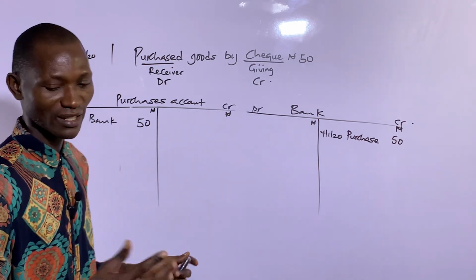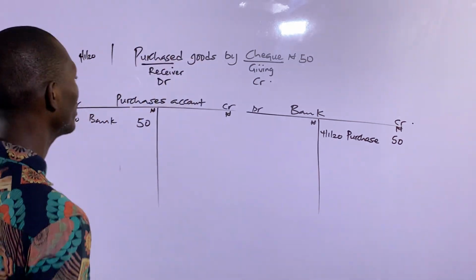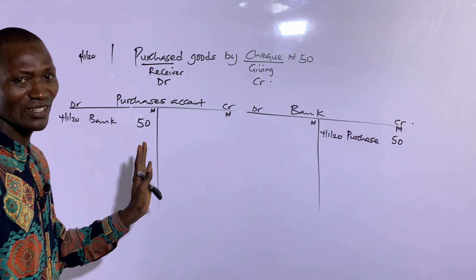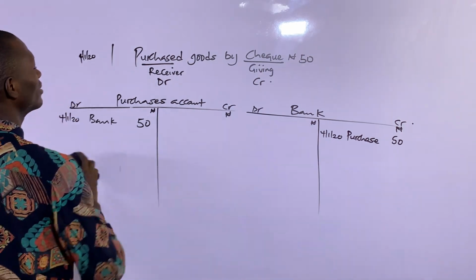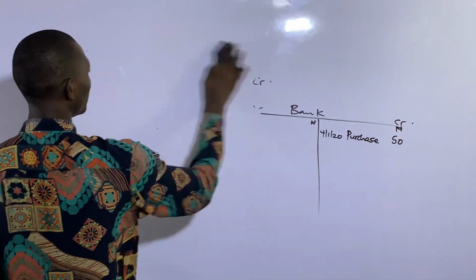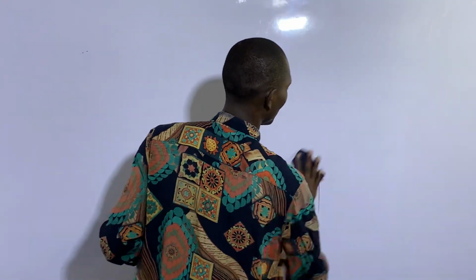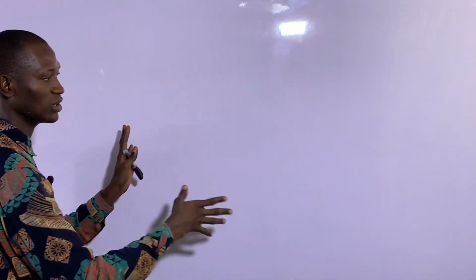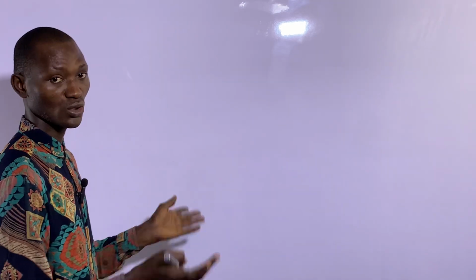That's that. Then let's take the last one. I hope all this is understood. Good. Okay. So let's take the last business transaction before we wrap it up for today. Then in our subsequent class, we'll be taking volumes of business transactions, and we're going to be doing the same. What we are doing now, we're going to be doing it for those business transactions. That means completing a double entry for the business transaction.